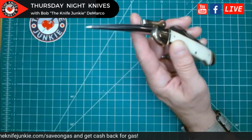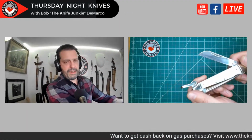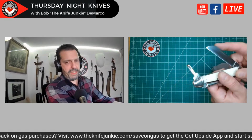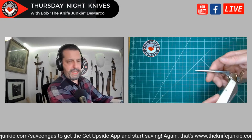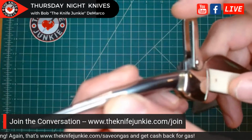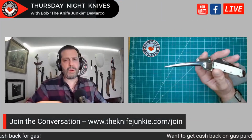Now, Marlin Spike is locking. So you have this blade. It's just a sheep's foot blade, and I've got to say, if I can't break this in with oil, I'm returning it, because the action on this blade is atrocious. But the action on this is quite nice, and this is your Marlin Spike, and it locks out. How you put it back in is by taking this clasp and unlocking it by pushing down. But what's this for? This is for untying